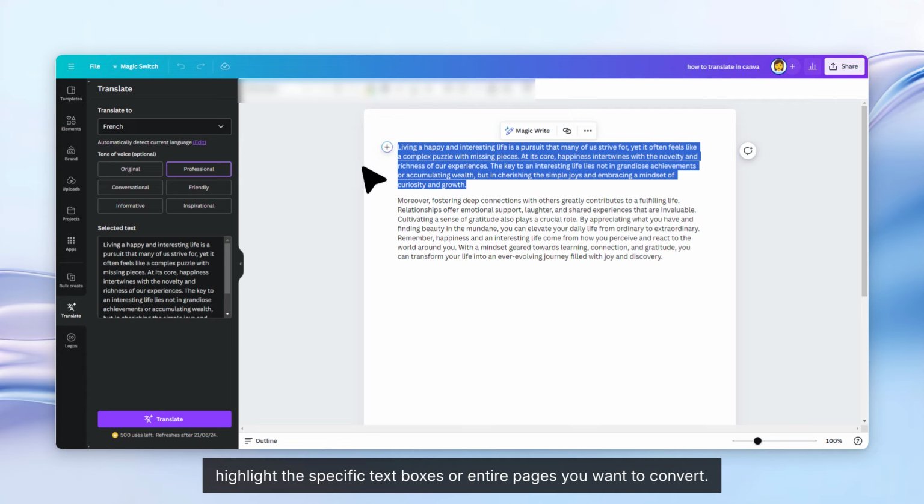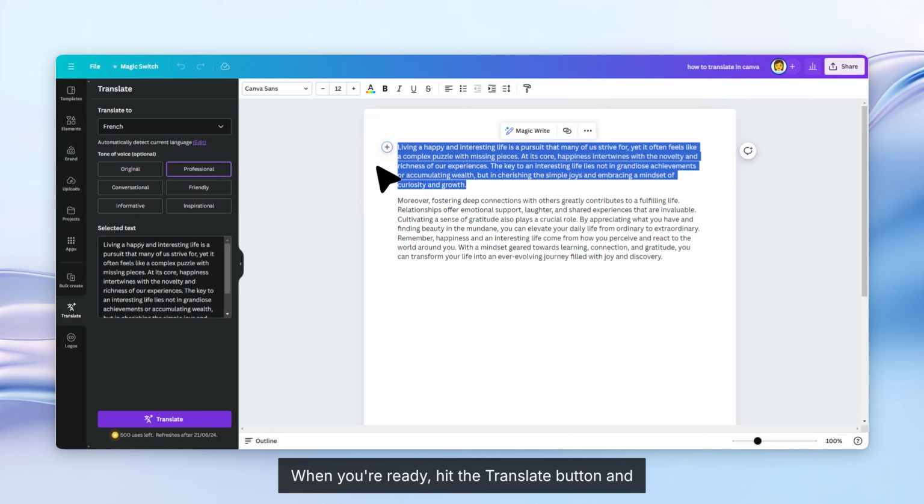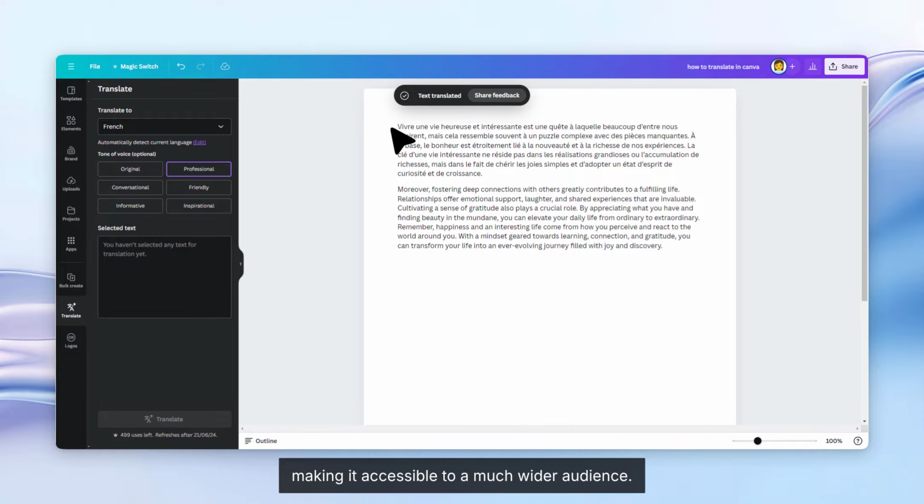Simply highlight the specific text boxes or entire pages you want to convert. When you're ready, hit the Translate button, and the app will automatically convert your selected content into the language you chose. And just like that, your design is now available in multiple languages, making it accessible to a much wider